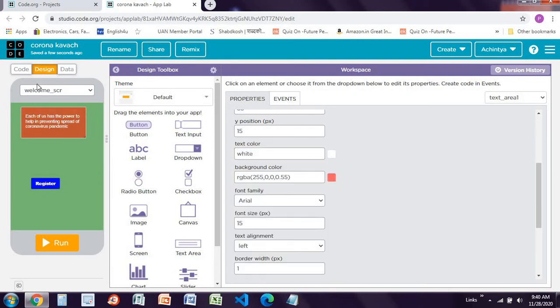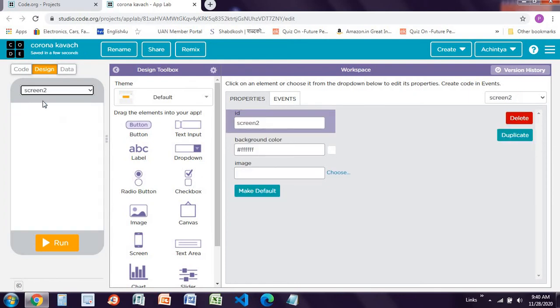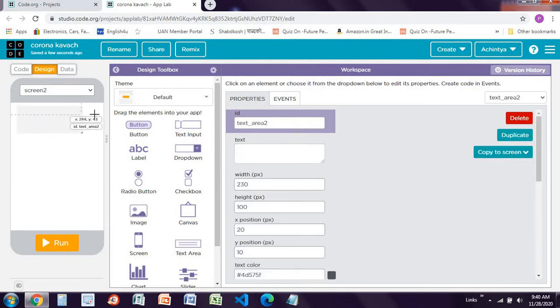Now create one more screen, screen 2, over here. This is the registration screen. So first of all, drag a text input or else you can drag a text area also and make sure to make it this much full width and you have to decrease it like this.